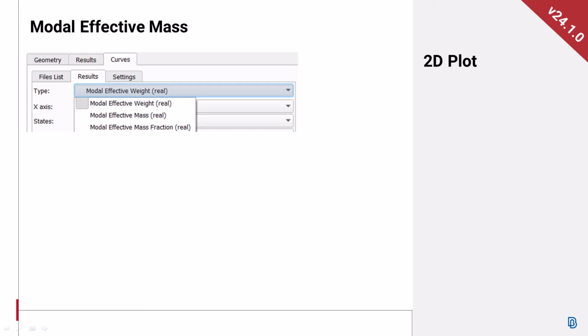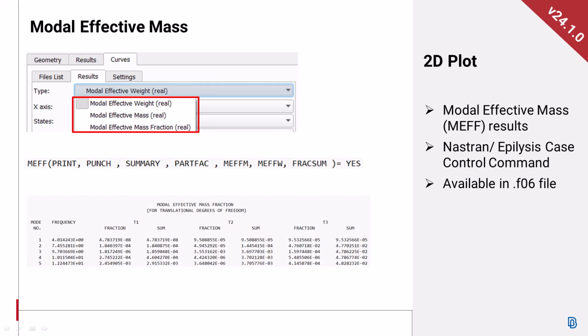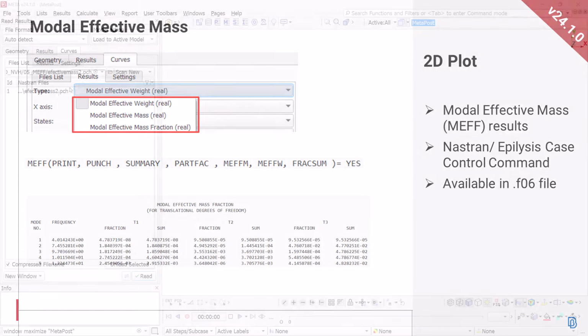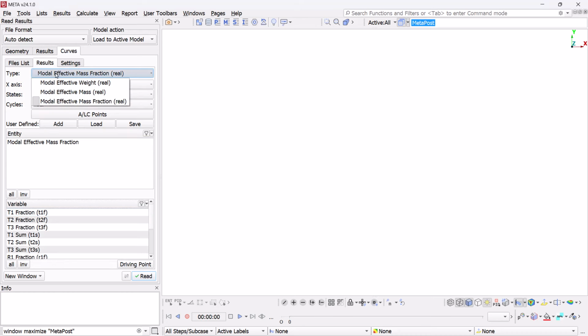Moving to the 2D plot enhancements, the modal effective mass result type is now supported. Modal effective mass indicates the mass participation of each mode in each of the 6 rigid body motion directions. As an example, we read a file containing such results as can be seen under the results type.